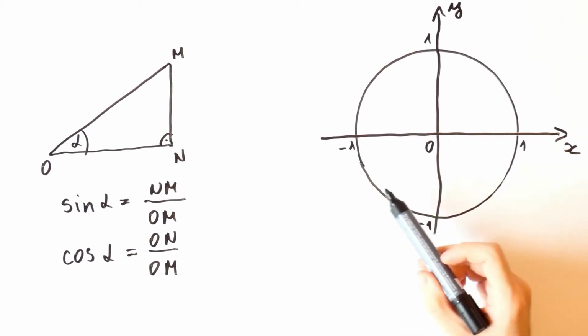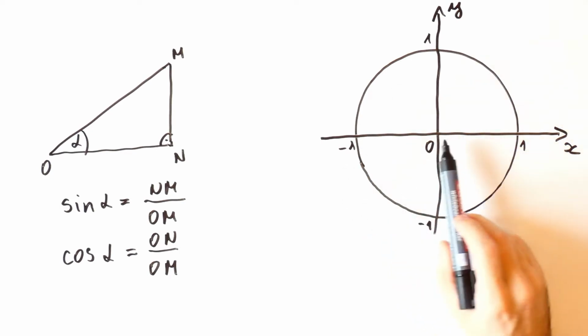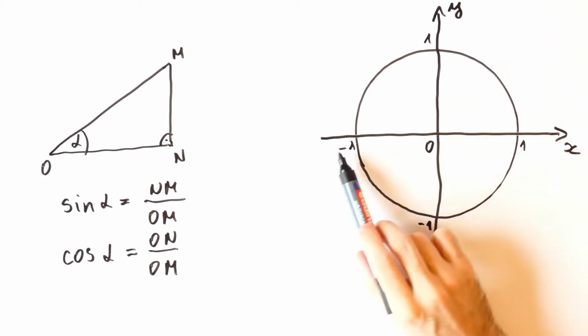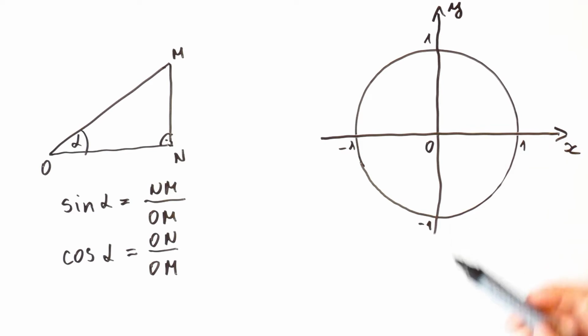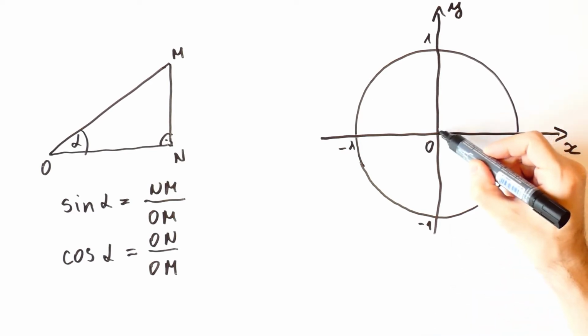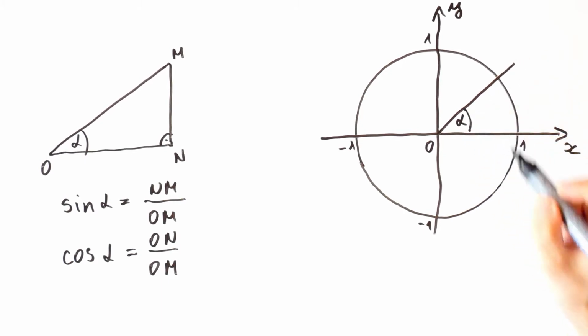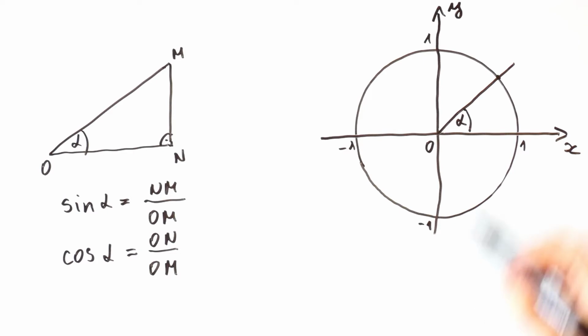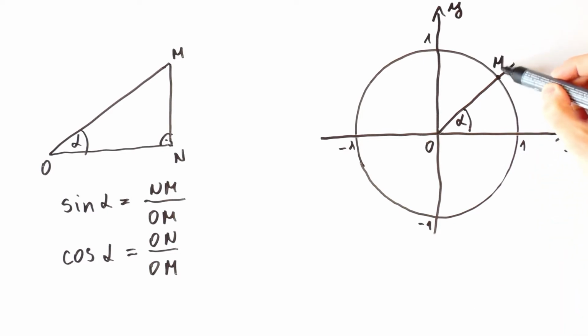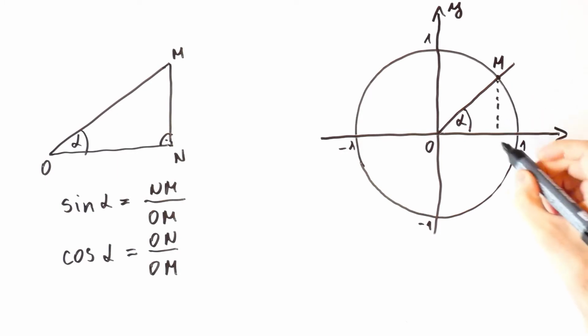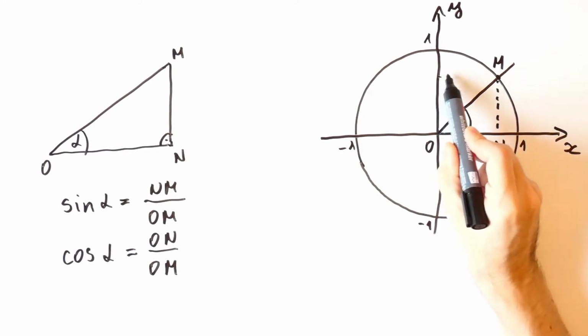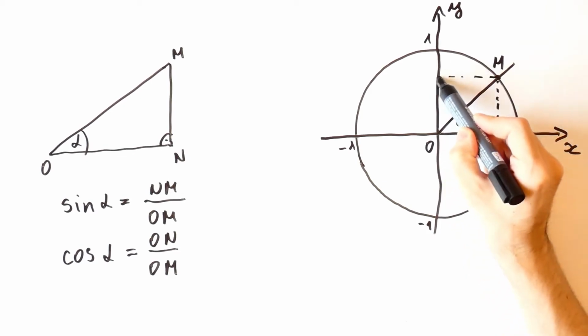Yes, we can, and for that we'll use the unit circle with center at the origin of a Cartesian coordinate system. Let's first look when alpha is an acute angle. If we denote this point by M, and the foot of a perpendicular to the x-axis by N, and on the y-axis by P,